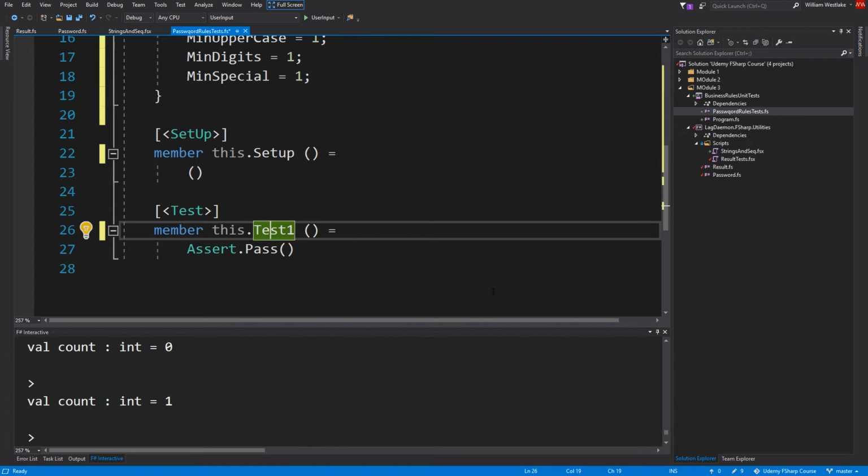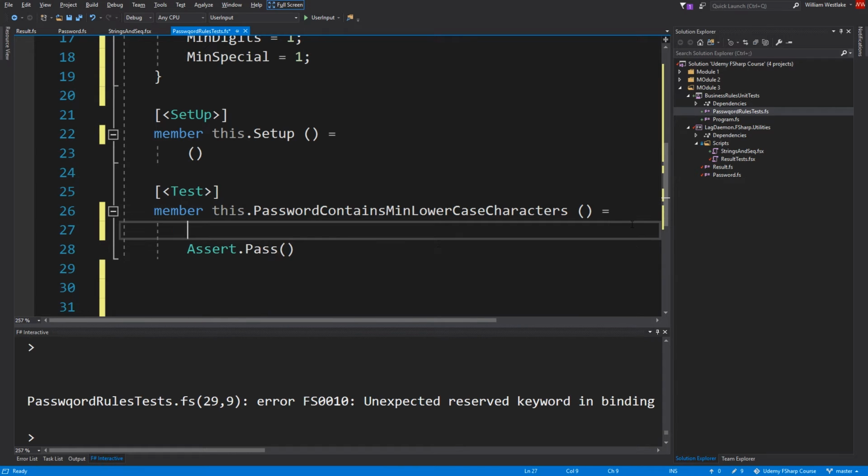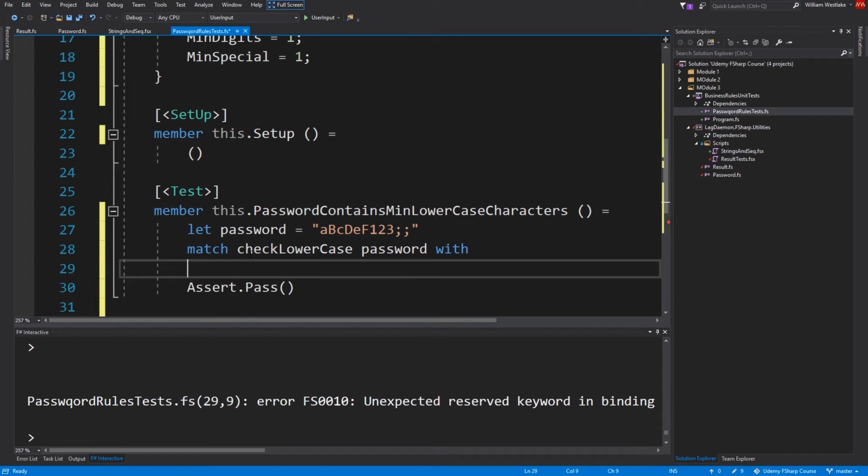So let's make our first test. Let's do password contains min lowercase. I'm going to try something here. So we have our password contains min lowercase. All we have to do is call, what's our function? Well, let's create a password first. Let password equal, and then we can do match check lowercase password with, and